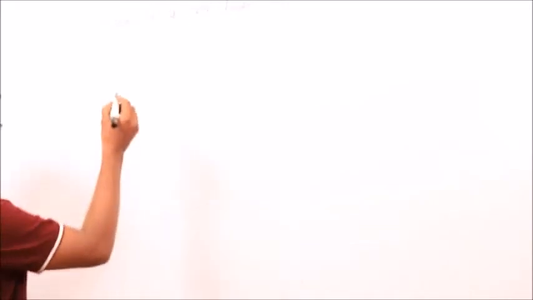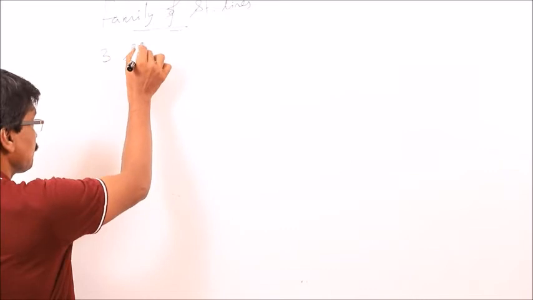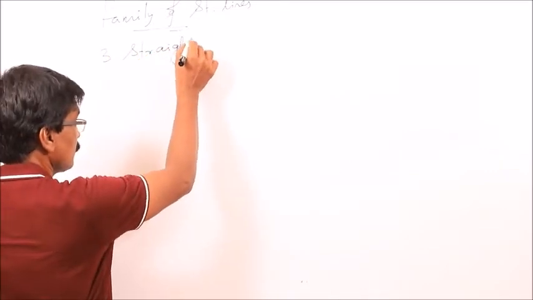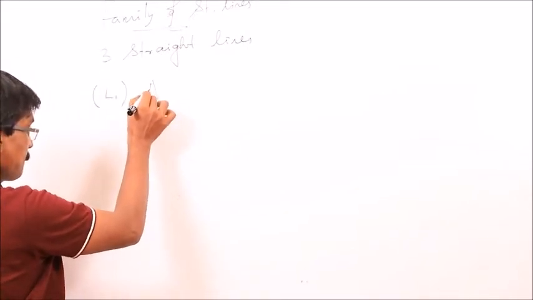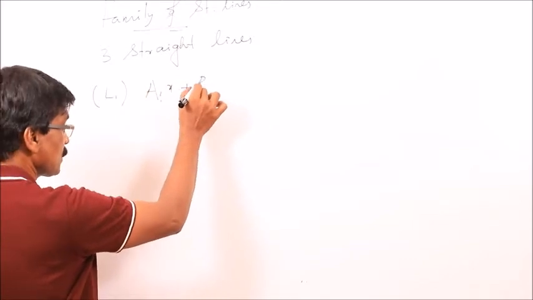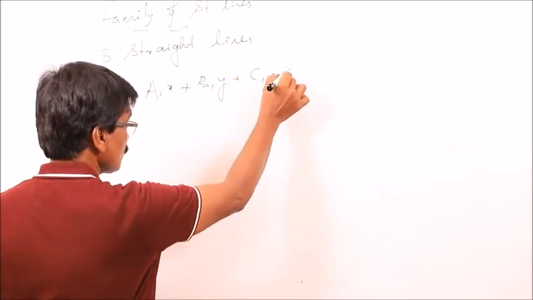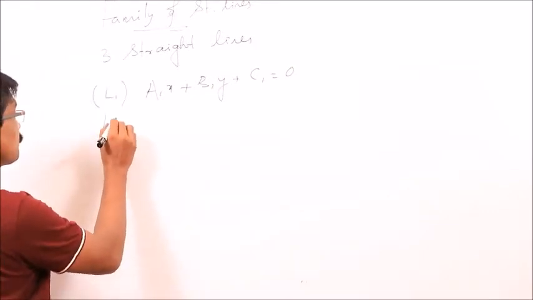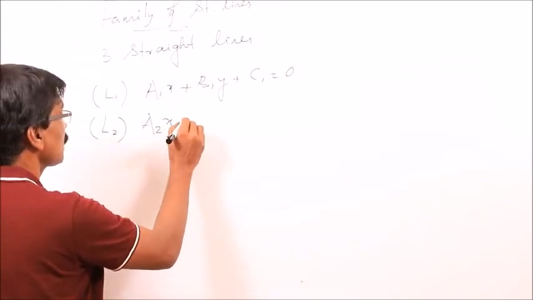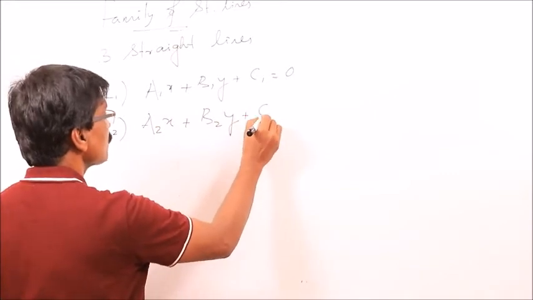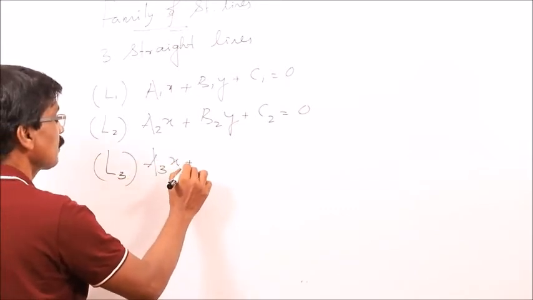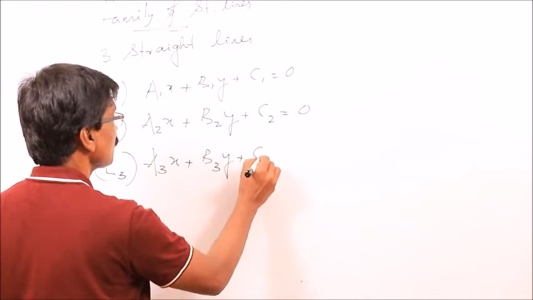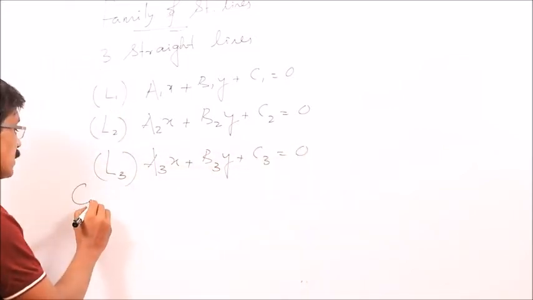So family of straight lines is more than one line. Suppose we have 3 straight lines. L1: A1x plus B1y plus C1 is equal to 0. L2: A2x plus B2y plus C2 is equal to 0. L3: A3x plus B3y plus C3 is equal to 0. So conditions are